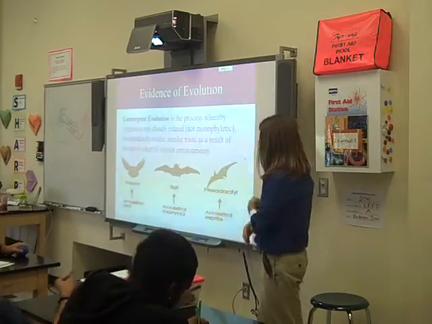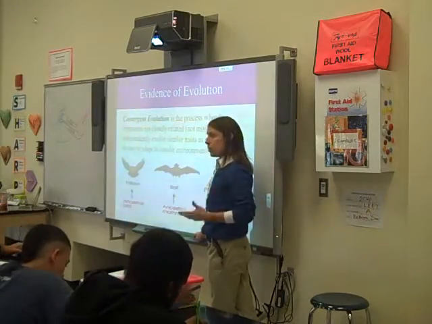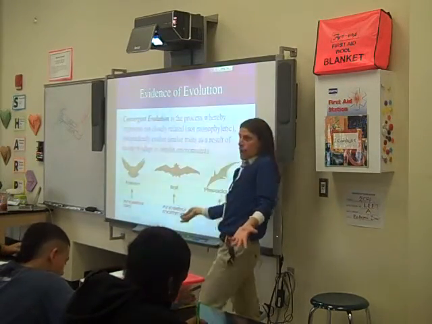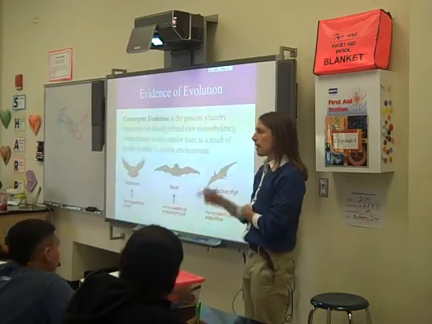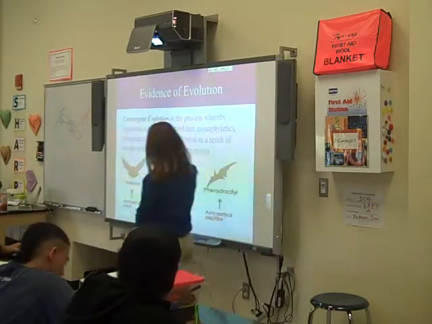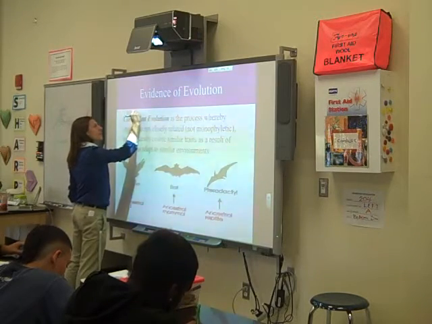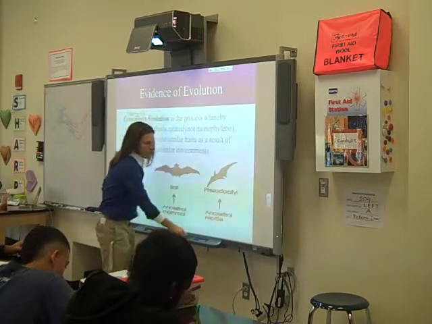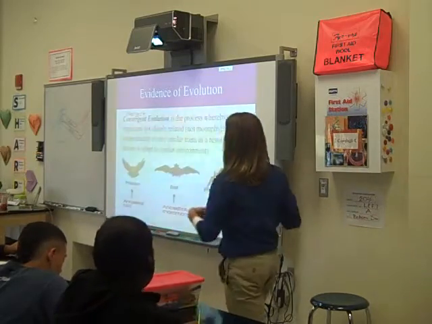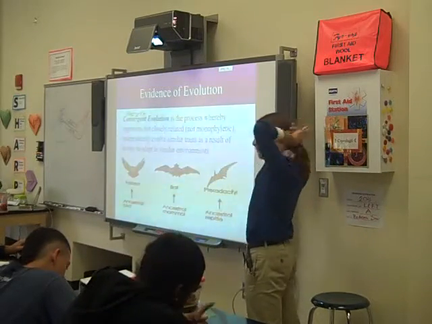Convergent evolution. And folks who are math savvy know the word convergent. What is it when two lines converge? It's when they intersect. Excellent. Right, so we can go ahead and throw that up here. So this is when there's somewhat of an intersection in their evolutionary cycles.